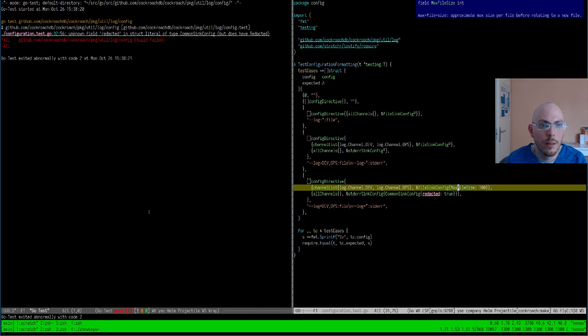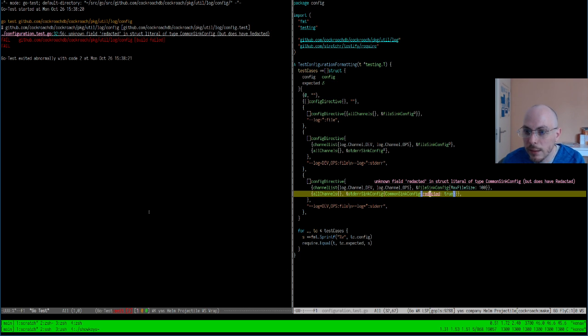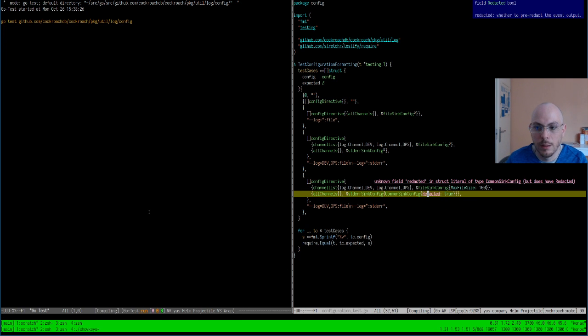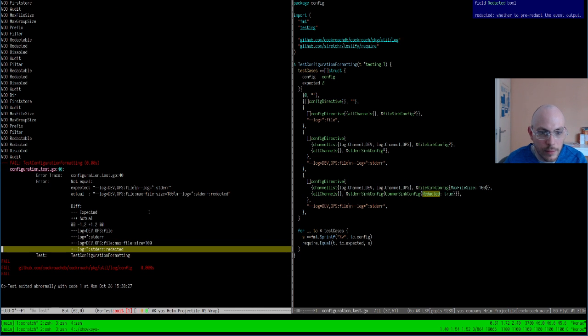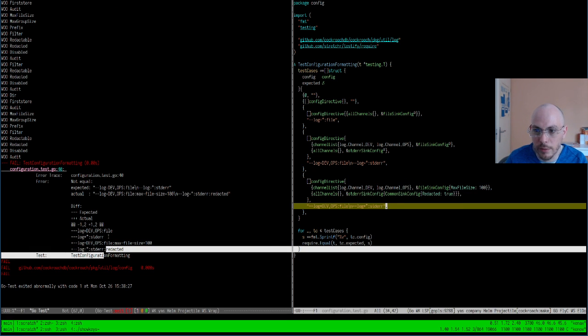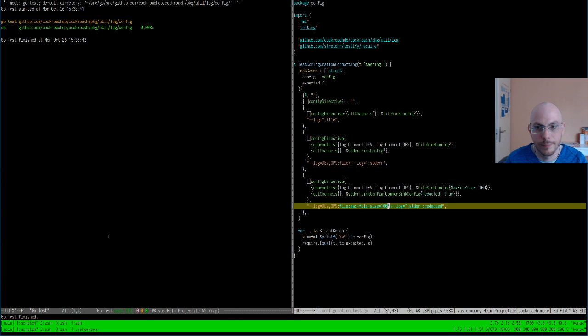Yeah. Now it's going to say Redacted with a capital. Thank you. And then it's going to fail, telling me that I have a redacted flag here. It's exactly what I wanted. There we go. Look at this. Our printing code works. We did not have to print out fields individually, one by one. The reflection code does this for us.